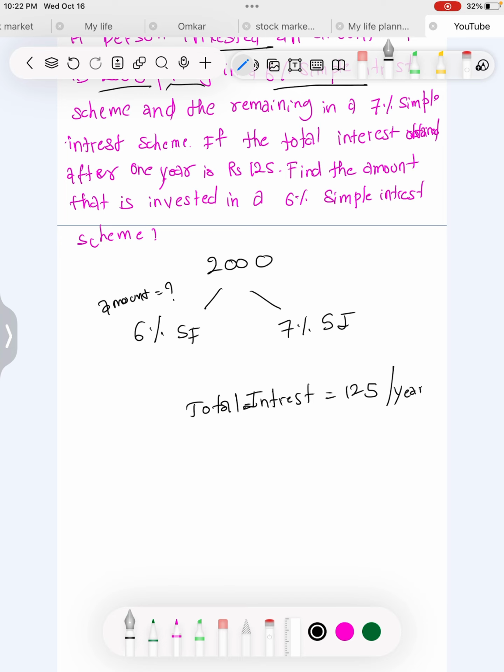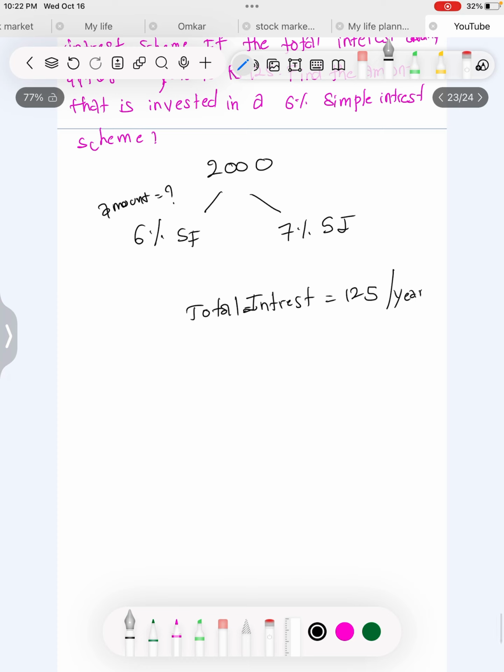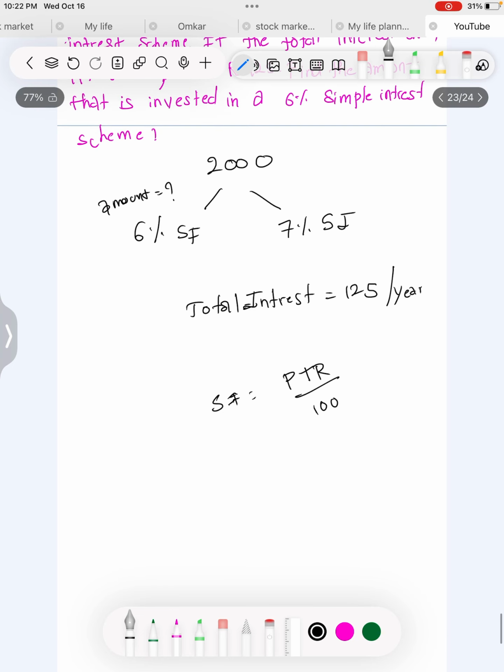You know about the simple interest, right? The fixed interest you will get is PTR by 100, right? So I will tell you the answer. First try whatever ways you have. Okay. After that I will tell you the correct answer. Just try it. Whatever you can do, just try it. So how a student can think, I will showcase you that one now. Okay. So here you can see